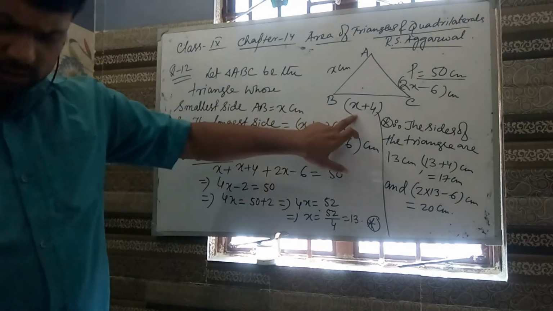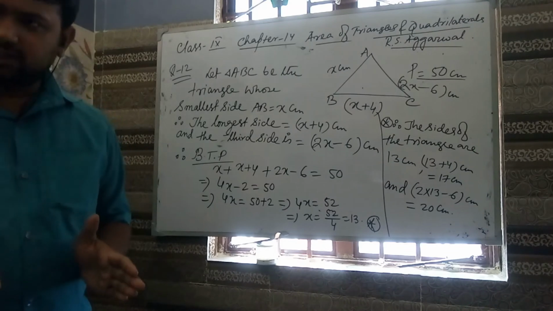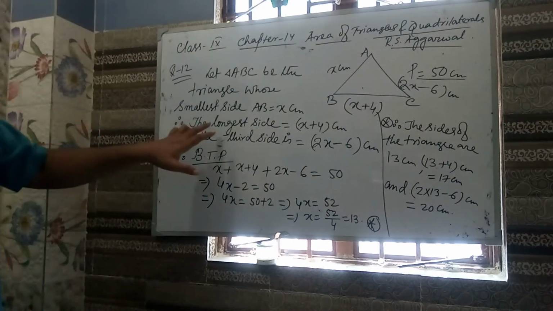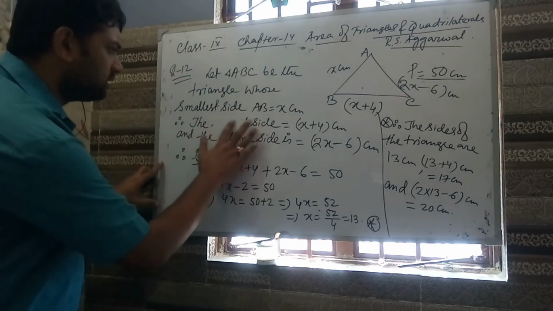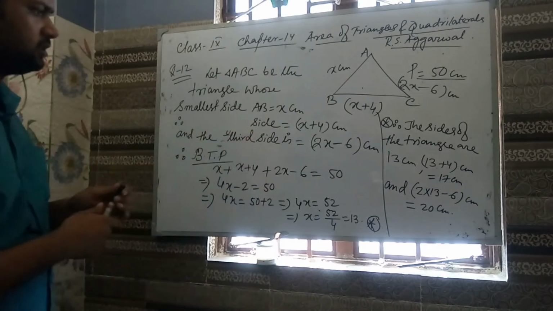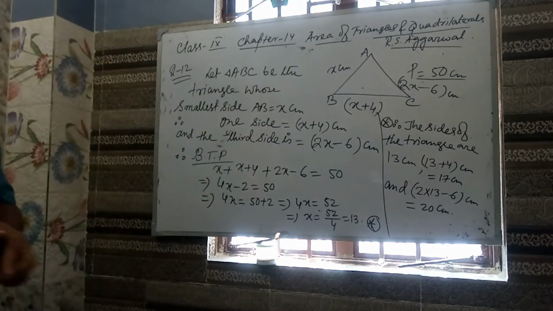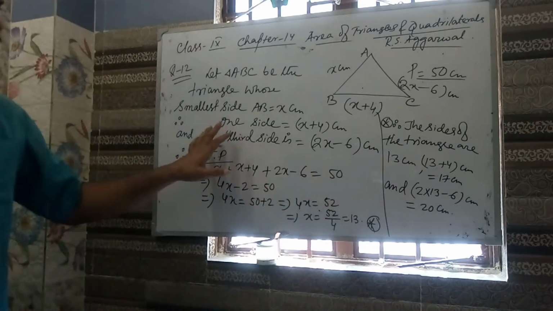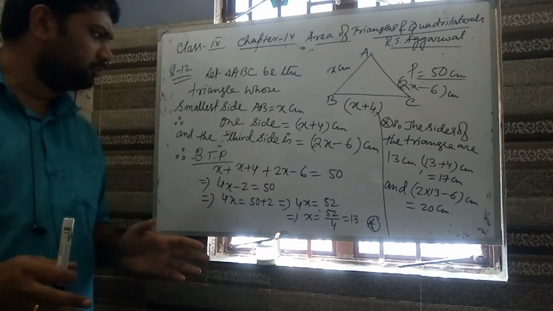So look here, this is one side, not the longest side. Look, I cannot read the question, whatever Sayan has sent to me properly. That's why I have written it longest side. So write down one side of the triangle. Please check it. This is not the longest side because we gave the longest side 20. So it will not be the longest side. Okay. Actually today I do not have the book with me.